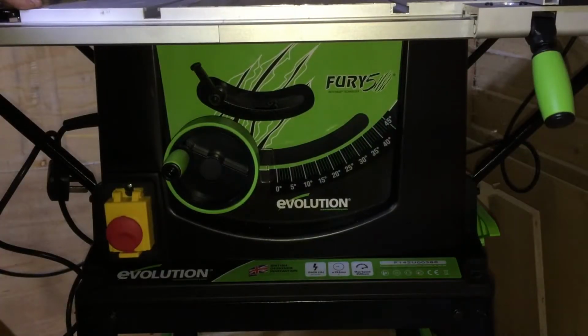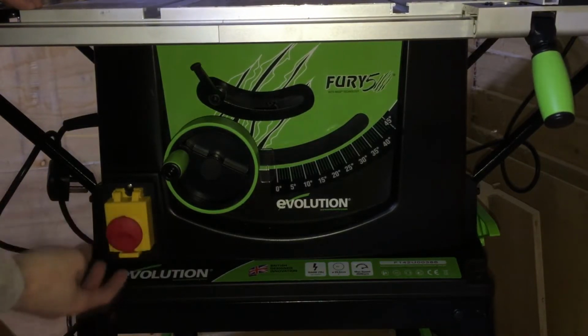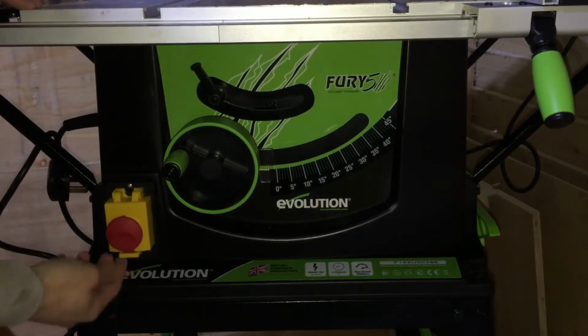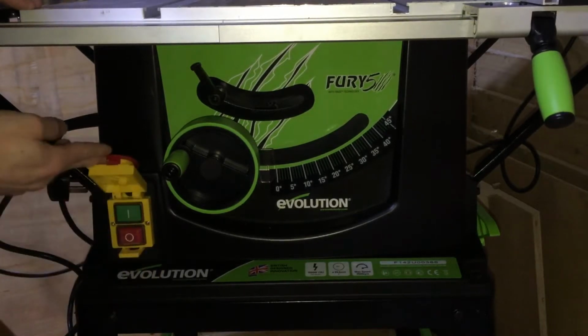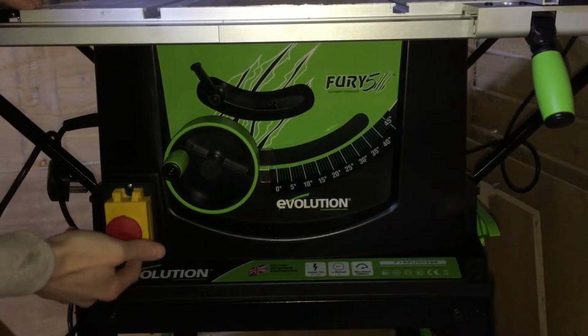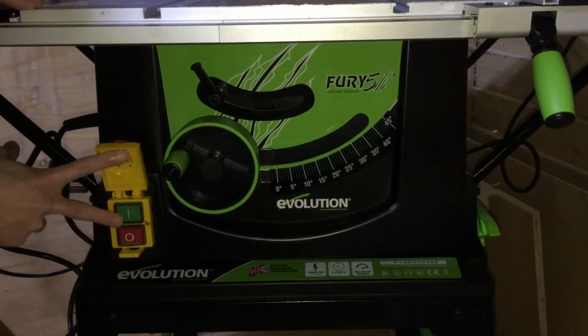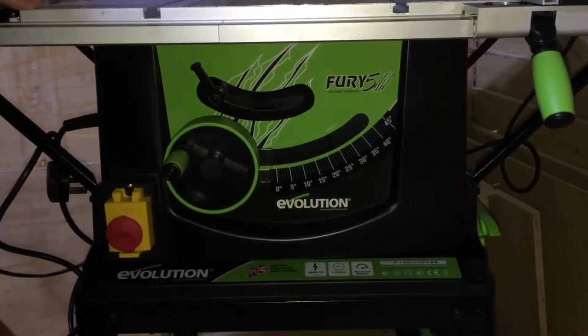So if we have a quick look at the front of the machine, the on-off switch is underneath this safety case, which a viewer made me look a bit stupid, to be honest. I thought that you had to mess around with the pieces under here to try and get it open, but it's just as simple as lifting up on the red switch. So thank you for pointing that out to me. But underneath here you've got your start and your stop button, and of course your emergency stop, easy access to